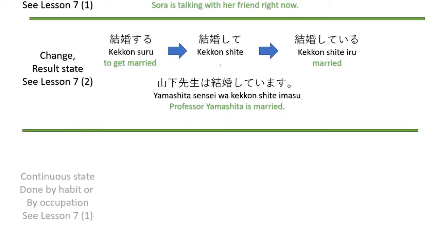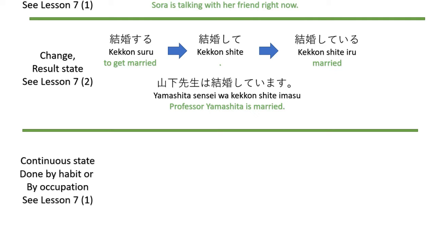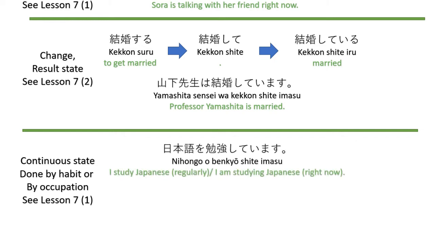And we have another function of teiru. So by adding teiru, we mean that something is in the continuous state, or something is done by habit or by occupation. For example, Nihongo benkyou shiteimasu. This may mean two things. First, I study Japanese regularly, and that is done by habit, like what I am doing now. I study Japanese regularly. So instead of saying Nihongo benkyou shimasu, I say Nihongo benkyou shiteimasu, and that means that